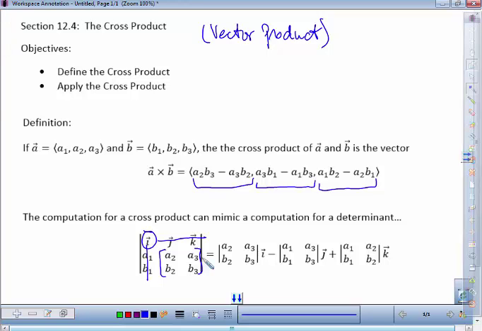And then you want to take the determinant of that 2x2 matrix. To take a determinant of any 2x2 matrix, you multiply its diagonals. So this is A2 times B3. And then you multiply what we call the wings, and you subtract that, B2 and A3. You subtract that, and so that's the first term that you have here. So that takes care of your first component. Your second component